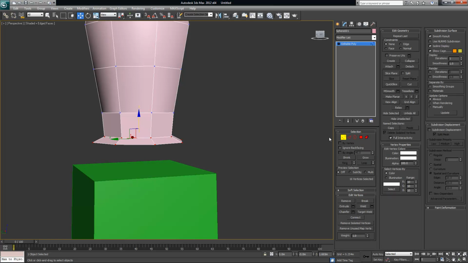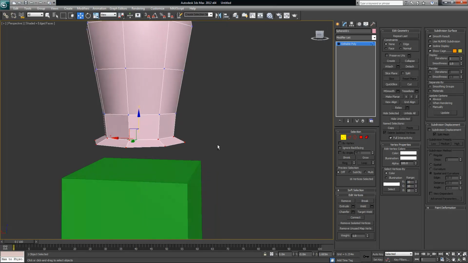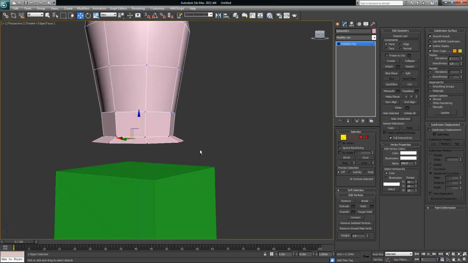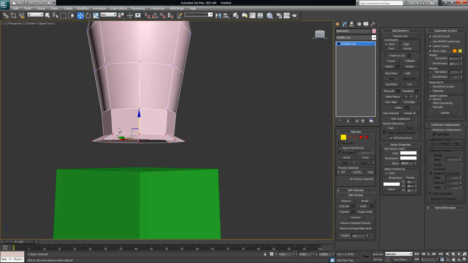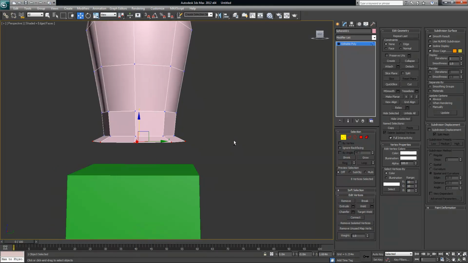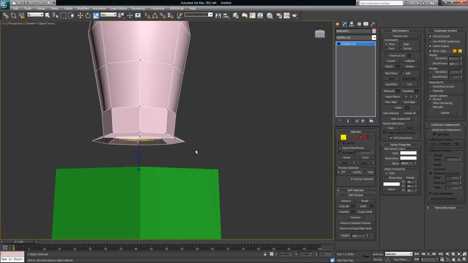If I just click to the vertex mode, it should keep your vertices selected. Sometimes I use the control key as just kind of like an extra to make extra sure that it keeps those vertices selected. Alright, now I'm going to go ahead and hit the